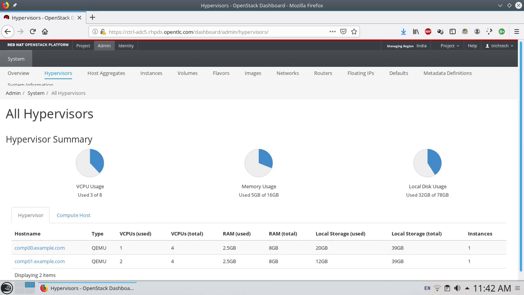Now why do you want to have an availability zone? I will give you two examples. Suppose you are creating an application cluster, and you need both of these cluster servers to be running in the same data center. So you can create an availability zone on a specific data center.